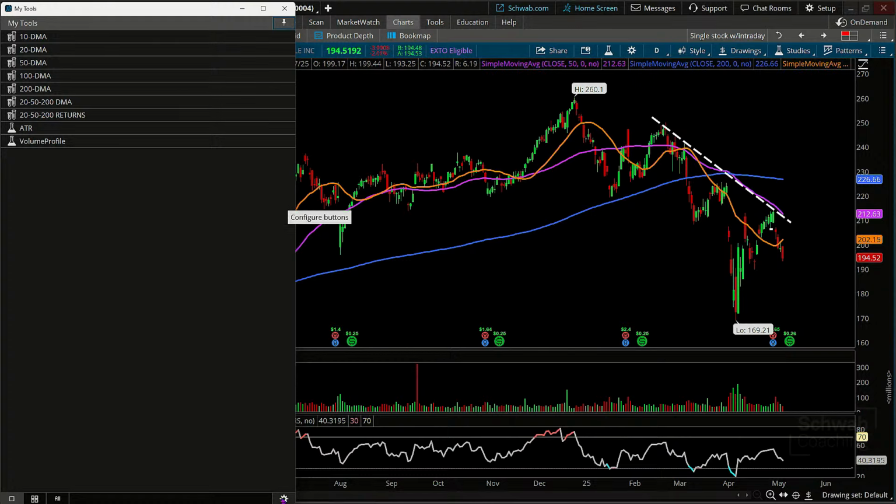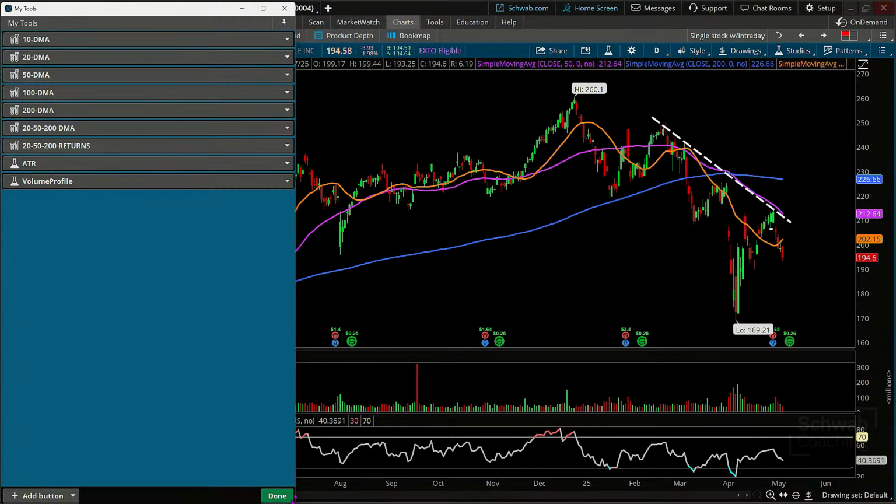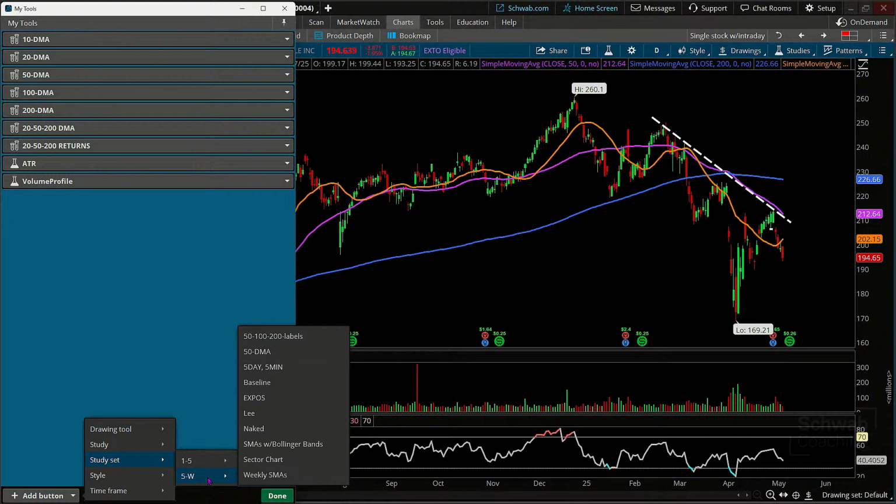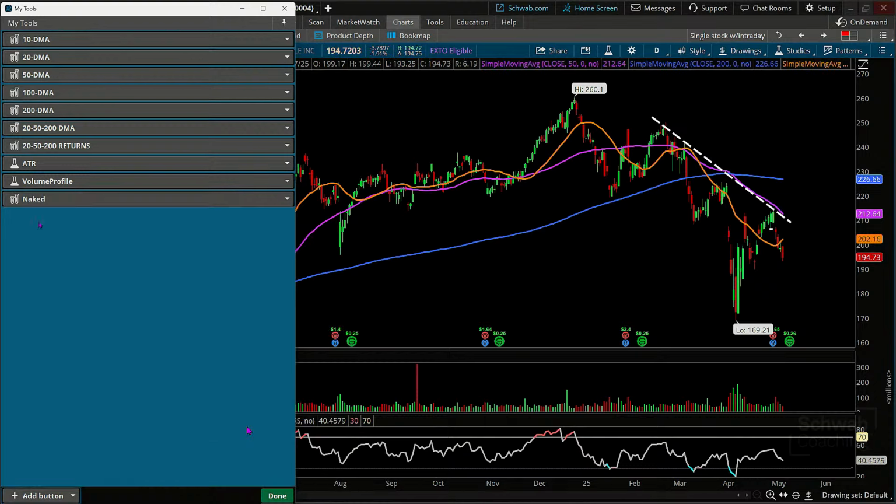Now, this used to be set up such that our maximum was like 7 boxes here, and that was it. But now, click that gear, add a button. Well, look at all these options available. Remember, I've got those study sets, so any of my previously saved study sets is going to be an option for me. Maybe I want one in here to be the naked one so that I can quickly use that, right? I'll just slide that up. I hope you noticed how easily I did that. Just literally click and drag while in this open function mode here, right? And we added another button.